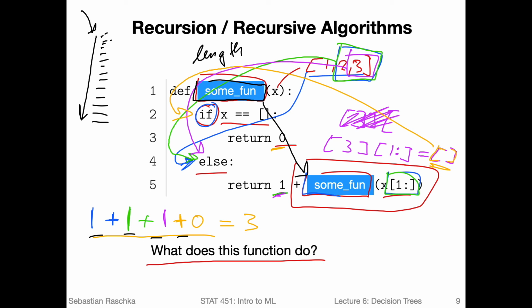But if the stack is too large, so if you have too many additions stacked up, then there will be a stack overflow. And this is actually also related to the name of the website, Stack Overflow. In other words, recursion is a neat concept in computer science theory, but it's not often the most practical way of implementing things.